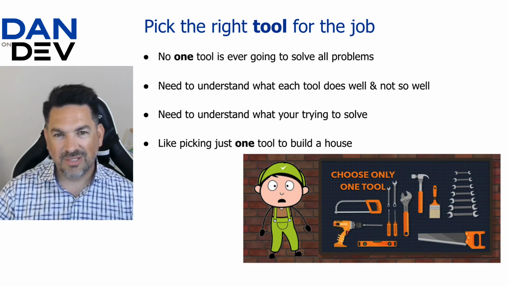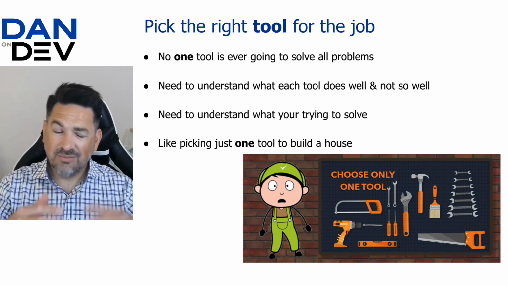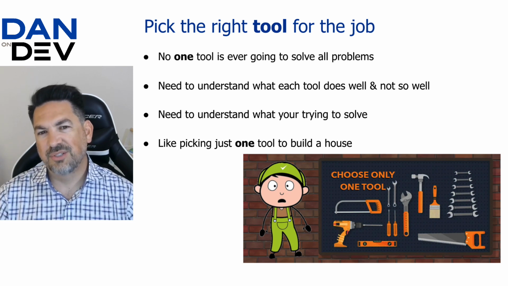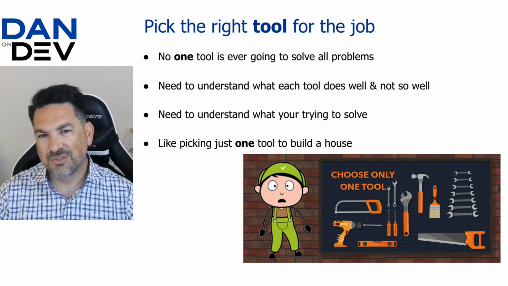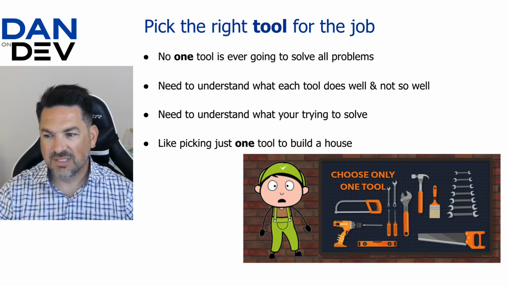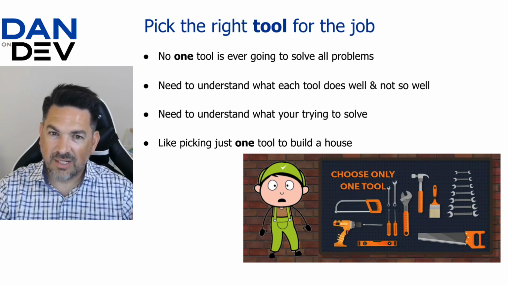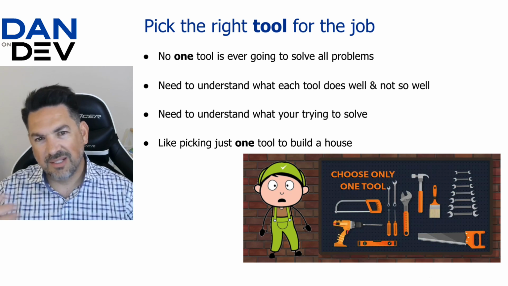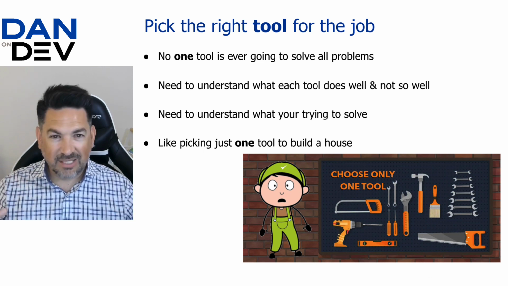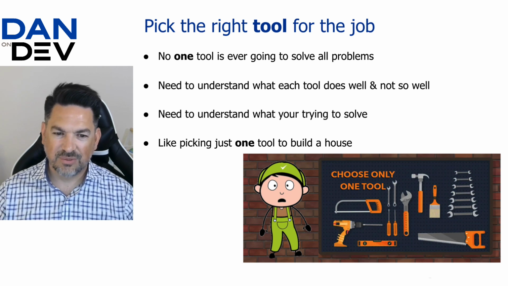You need to understand the strengths and weaknesses of each of these products, each of the product categories, and even, there's granularity within that. Each of the product categories have different products that are going to be good in some areas and weaker in others. So it gets really nuanced, but I want to keep it broad on just the categories themselves. If you understand what the tools do well and not so well, then you can pick the right tools for the job. And I've said here before, if you are only allowed to pick one tool and you need to build a house, that's quite a task. You're not really going to be successful in that model.